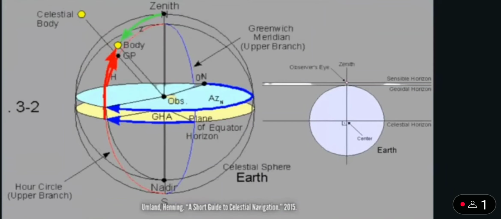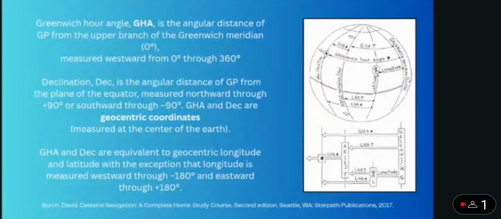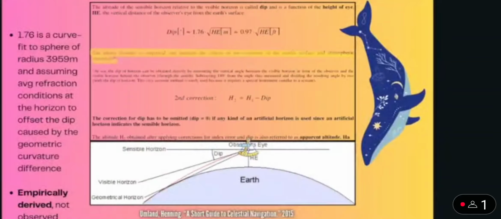So that whole process involves, like I said, a series of transformations and corrections here. But the biggest one primarily that we're going to be concerned with to start off with is our dip correction. So suppose you're in an airplane or you're on a boat, on a yacht or something, right? You're not quite on the ground, right? So you can apply this dip correction, which gives you a coefficient here that you multiply by the square of